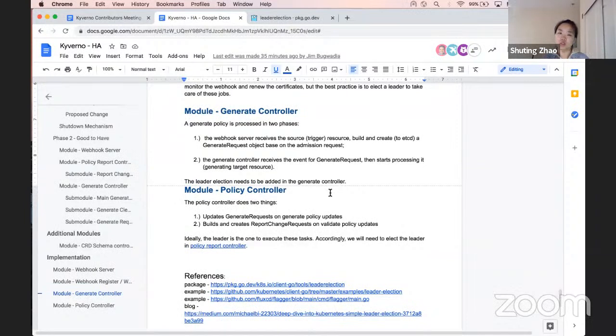I don't see there's any problem in it. Yeah, short term, it's okay. Just in general, we should still default to leader election eventually, because there's one